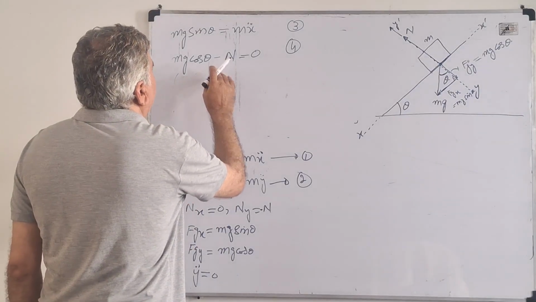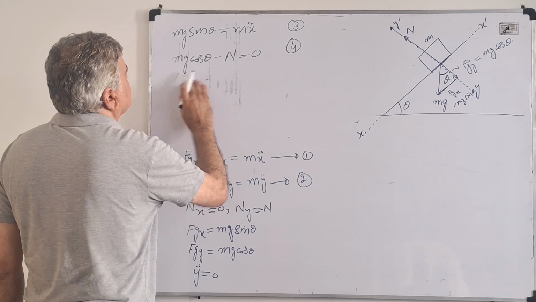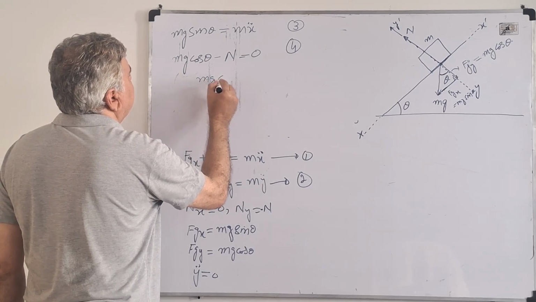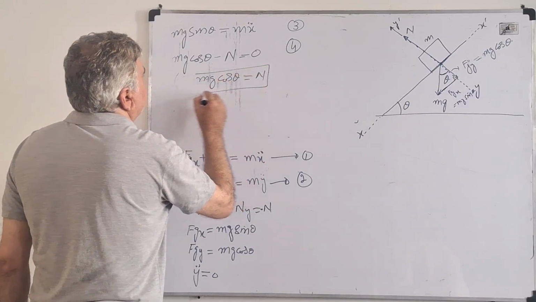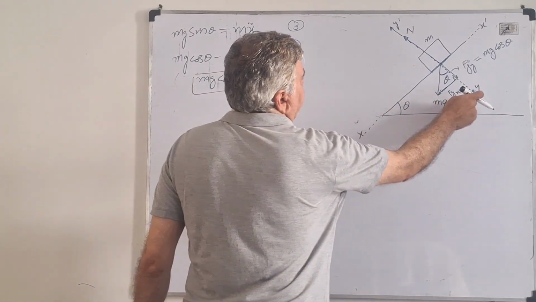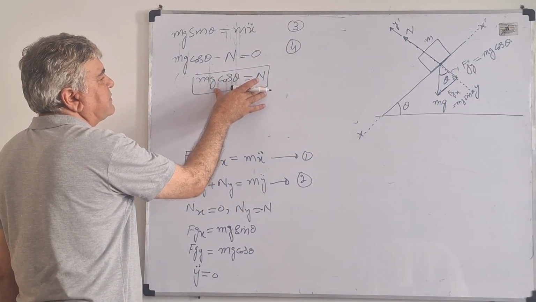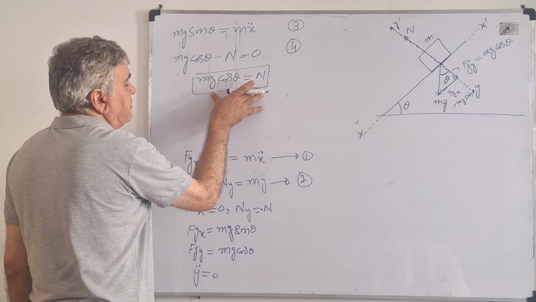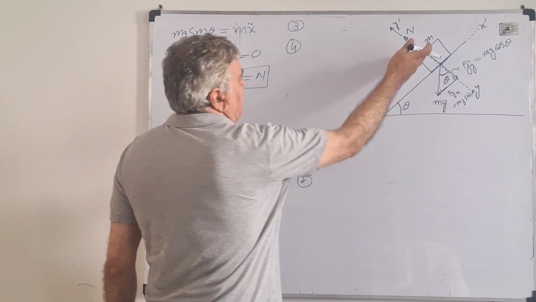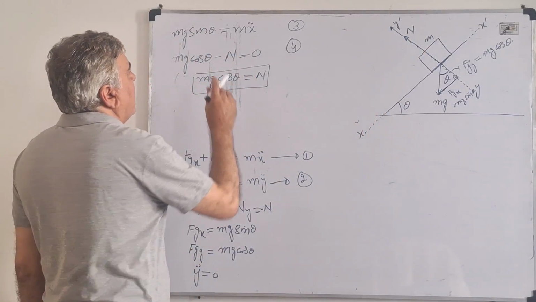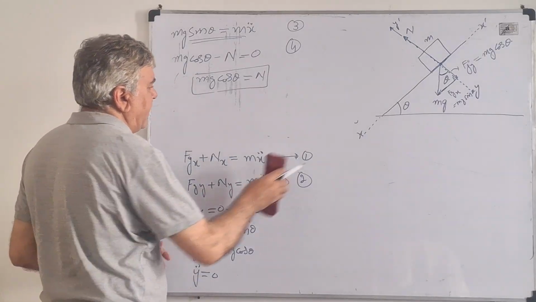From here I can write mg cos theta is equal to n. So this equation says that this component is exactly equal to this component, and these two components, this equation does not contribute into the dynamics of the mass. So only this equation describes the motion of the particle,